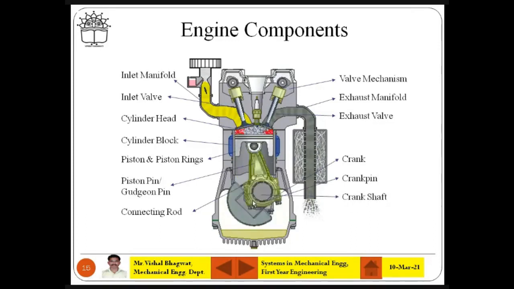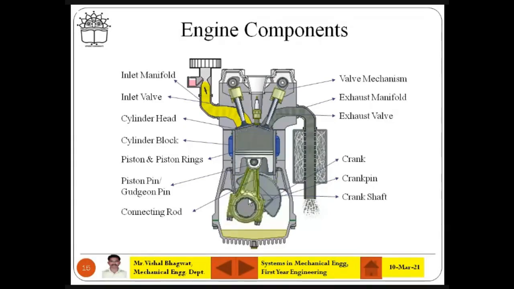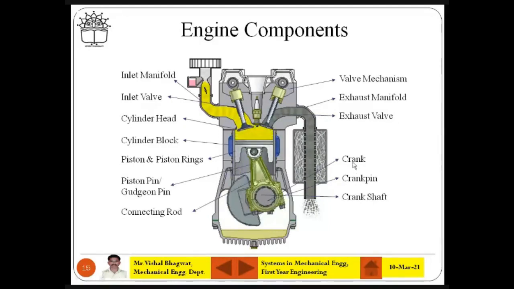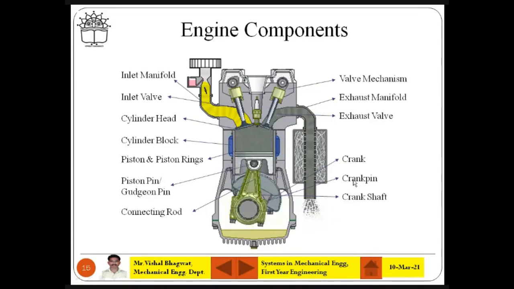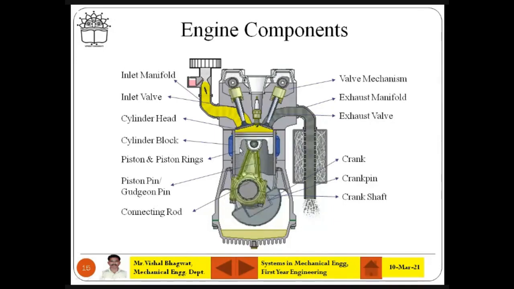So basically there is a shaft which is rotating. As soon as you start the engine, the crankshaft is rotating. Or as soon as you hit the kick, the shaft is rotating, the crankshaft is rotating. Now crankshaft जैसे rotate करेगा, actually crank rotate होगा. Okay, अभी crank connect है connecting rod का. Connecting rod is connected with the help of crank pin. Then connecting rod is connected to piston with the help of piston pin or gudgeon pin. Understand? And then piston is reciprocating inside the cylinder.